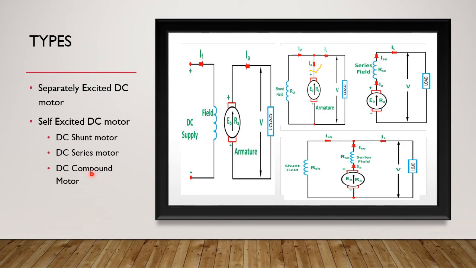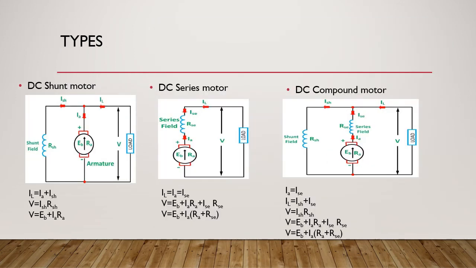And then the compound motor. In a compound motor there are two types: short shunt and long shunt. Already we have studied the short shunt and long shunt in the generator. Here also the same thing is present, but here only long shunt is explained. So in a compound motor both the shunt and series field windings are present. In a long shunt compound motor, the shunt field winding is in parallel with the series connection of the series field winding and armature. Now let us see the equations for these types one by one.